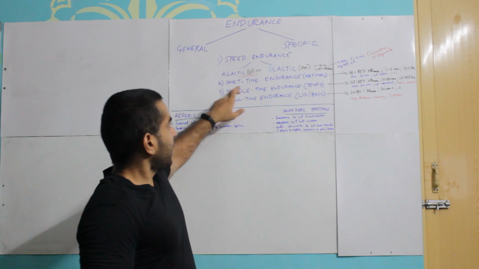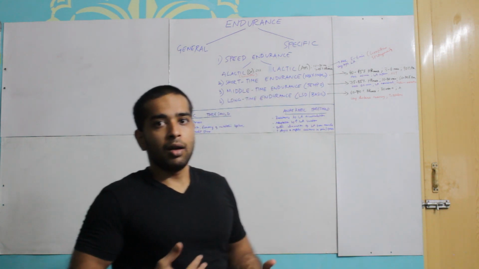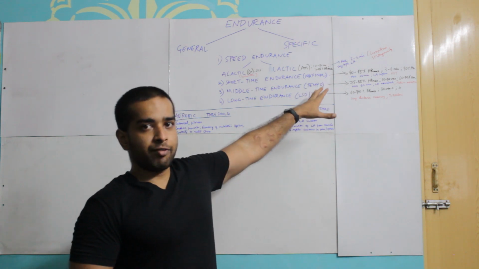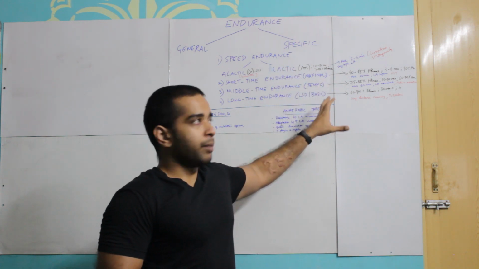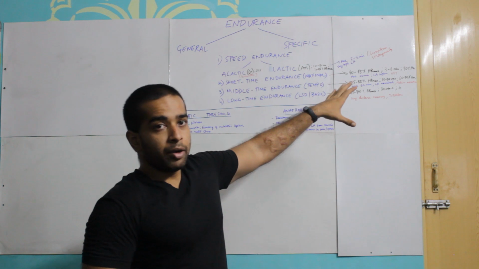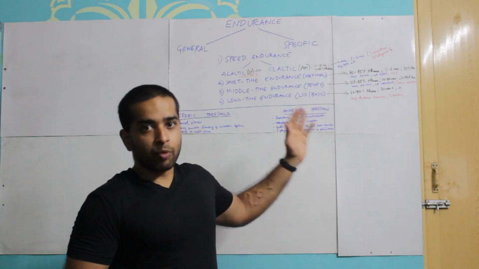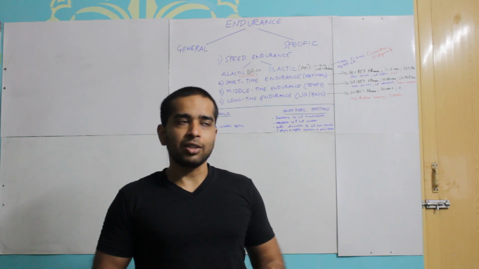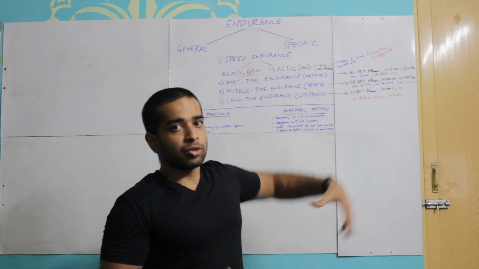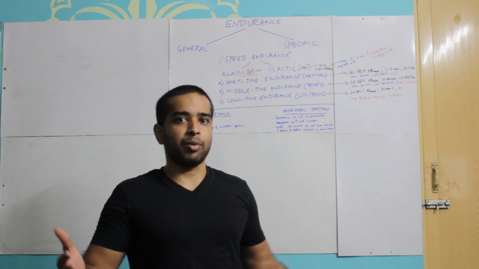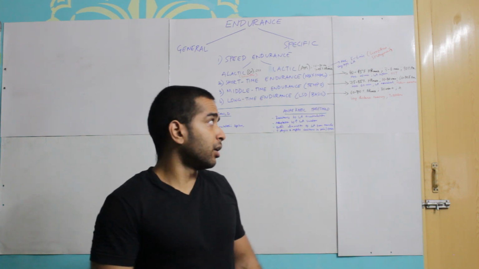Number two, short time endurance or maximal endurance. Maximal endurance is when you're training at 90 to 95% of your heart rate maximum, and you're continuing this activity for maybe 3 to 6 minutes and up to a maximum of 20 minutes. Here also there is a high accumulation of lactic acid, and it also again decreases the effort that you can put in as time progresses for which you're performing this particular activity.